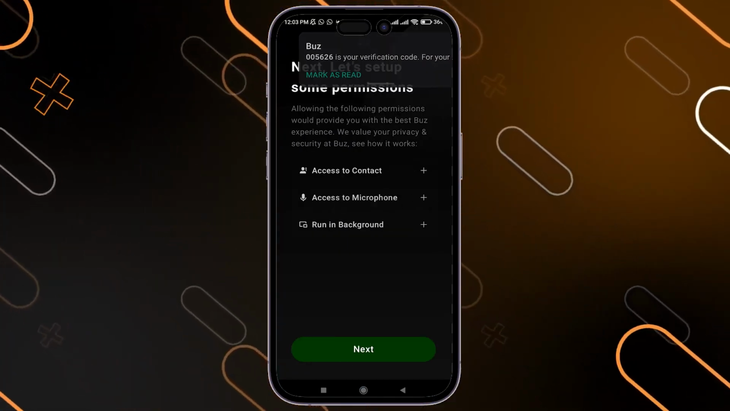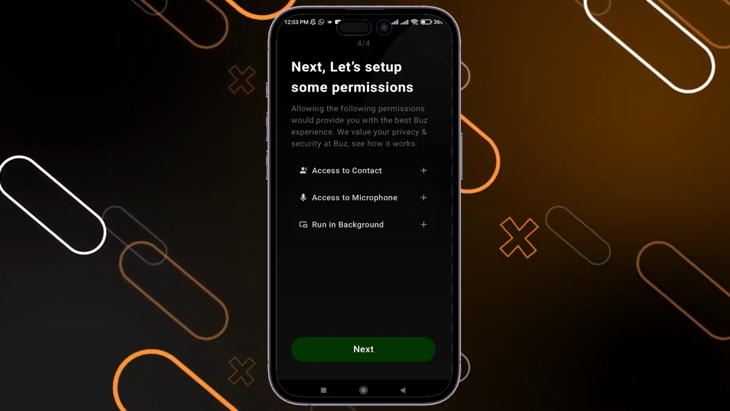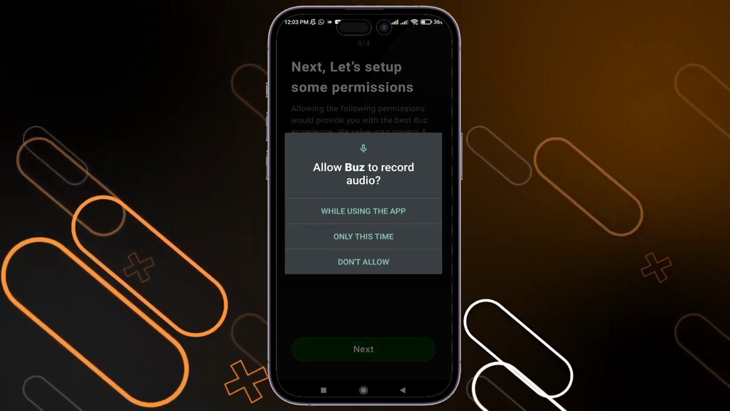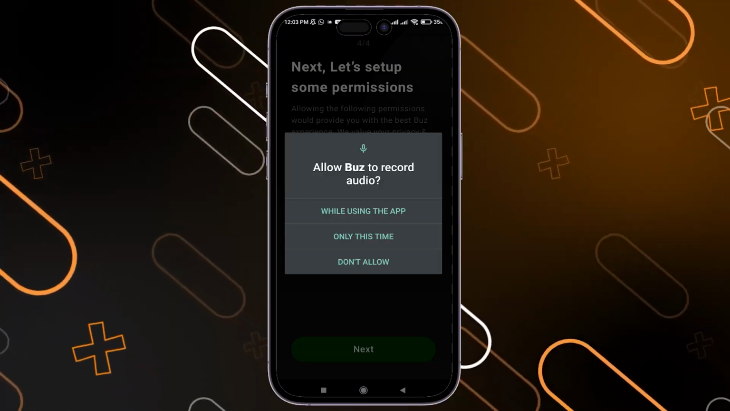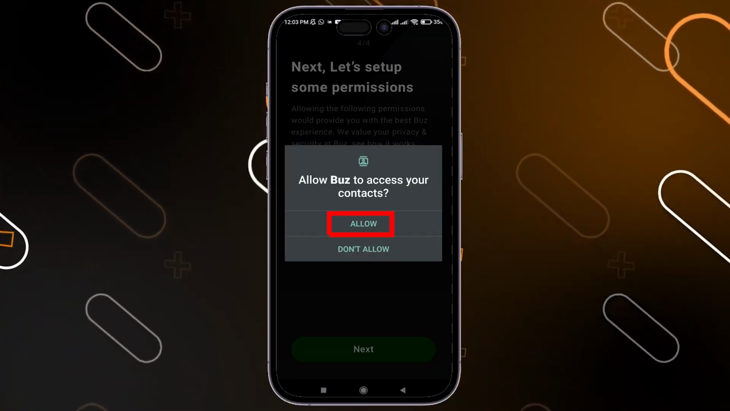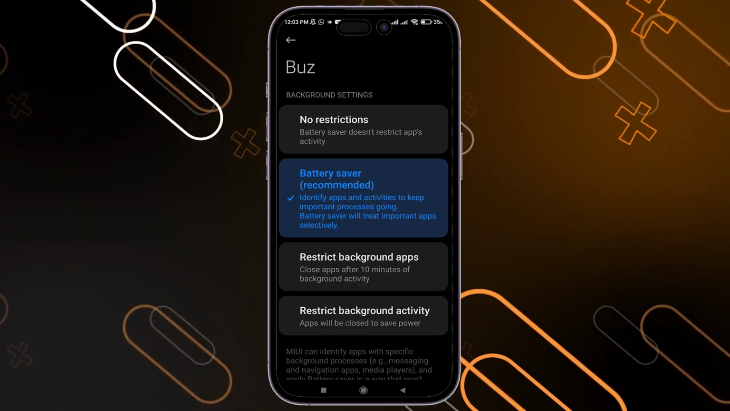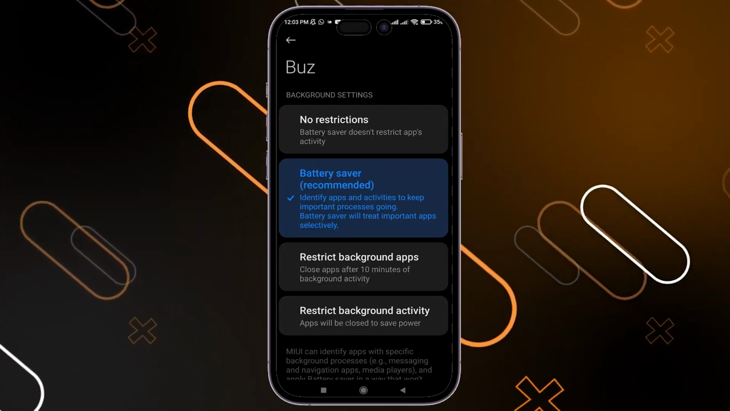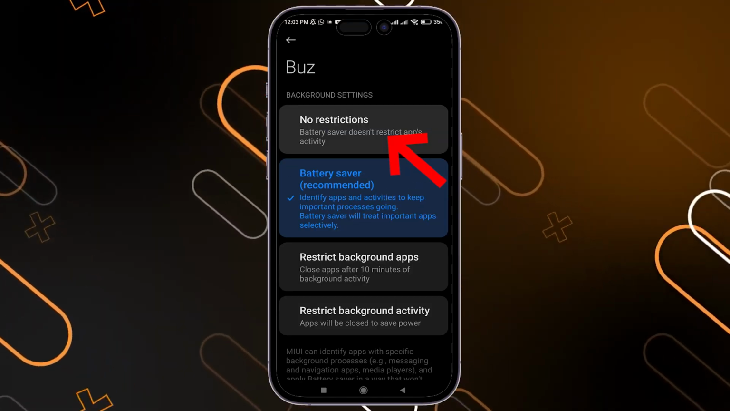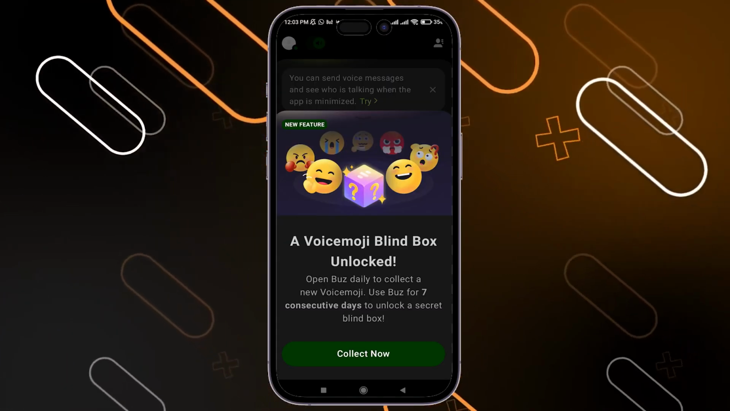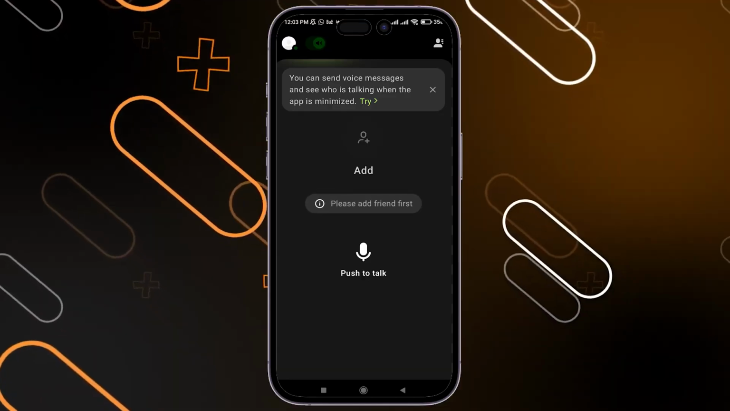Now it will ask you to set up some permissions. All you should do is simply click on next and allow the Buzz application to record. Click on while using the app, allow, and after that it will jump directly to Buzz application settings on your phone. You can simply choose any one of them, or you can click on no restrictions. I will choose no restrictions, then click on collect now,